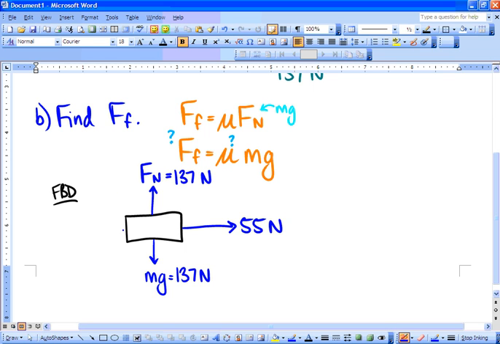We're asked to find it. And friction always goes against you. So it's going to point to the left, and I have to just call it FF. Remember, we can't turn that into a number, not quite yet. So that's our free body diagram, and that's the worst case scenario for Physics 11, is to have 4 forces